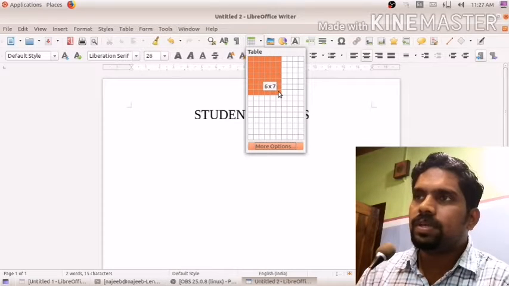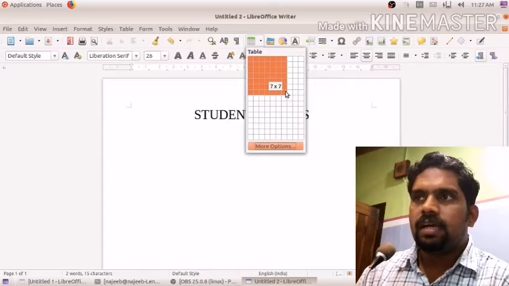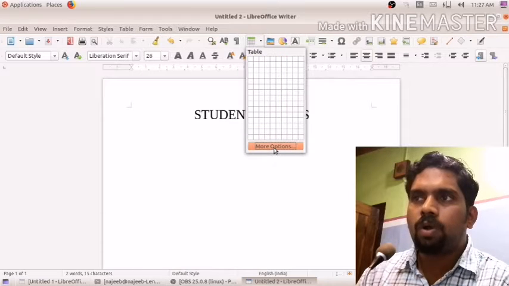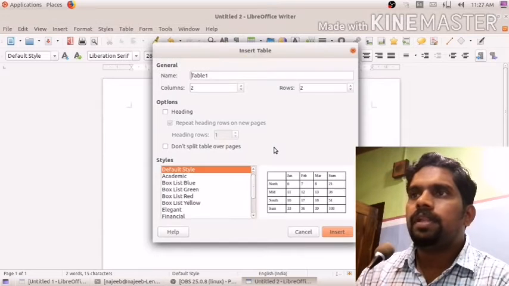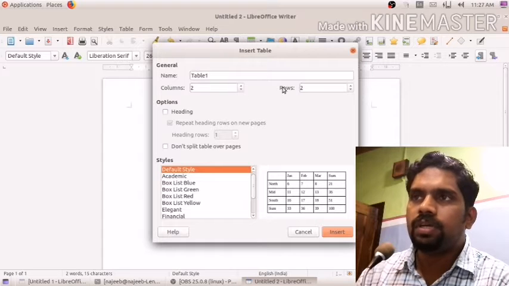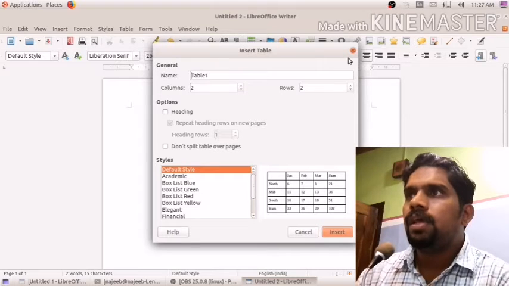Otherwise we can just click on this more option, then we have one window here that is asking the number of columns and rows and the name of the table, etc.